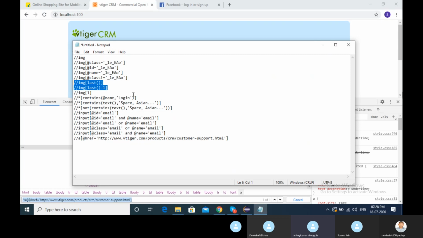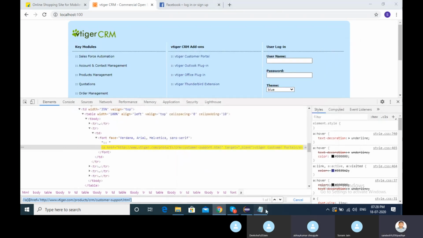Do we have any other words like first, top or bottom? Top, bottom, we don't have. So we can use only last, right? Correct. If I want to search from the start, we can use first. Oh, okay.